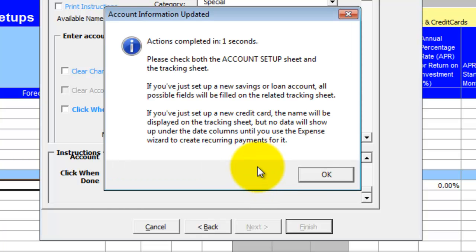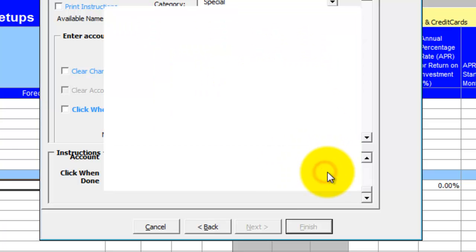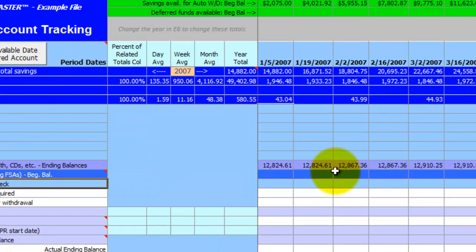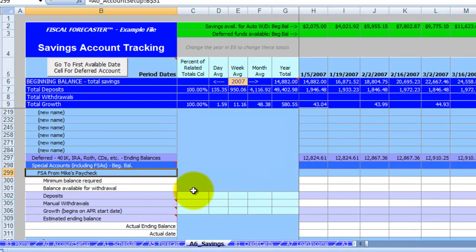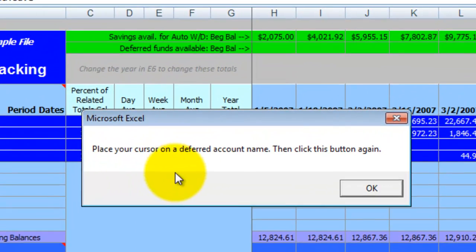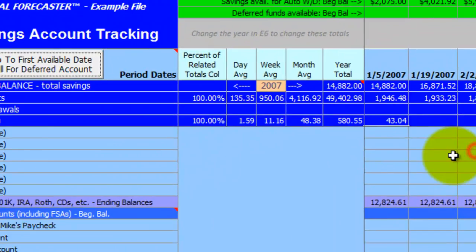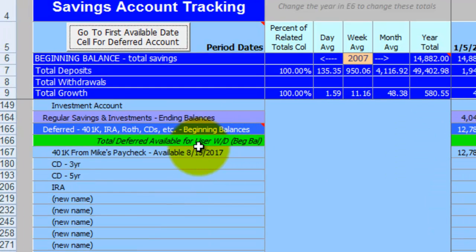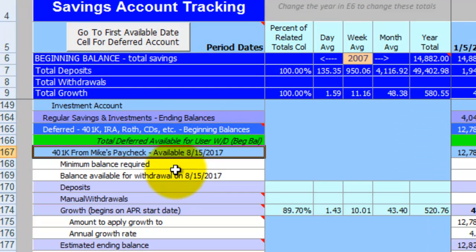On the savings sheet, where we're taken at the end of processing, we only see the FSA setup since it has no beginning balance. That usually changes once deposits are added, but the deposits are offset by withdrawals in the example file, so nothing is ever visible. We click the button to find the deferred account,